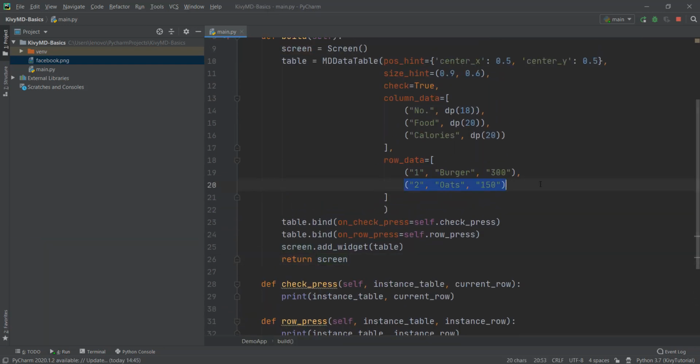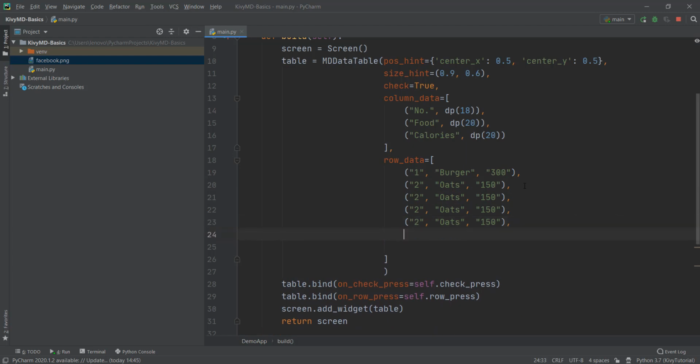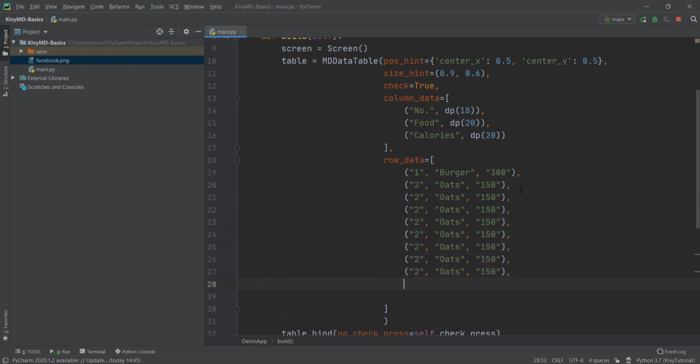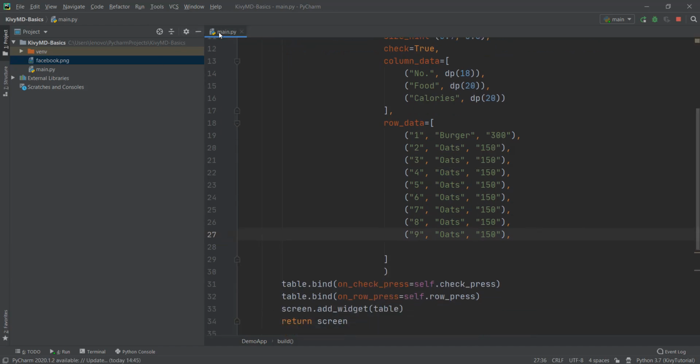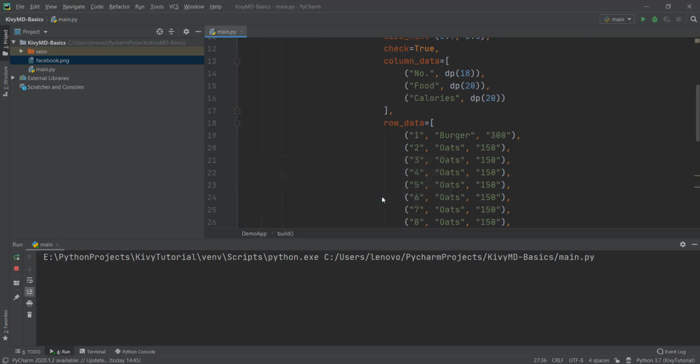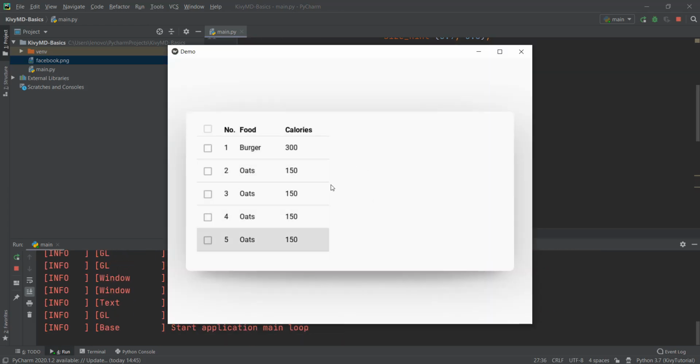So let's copy this, and what we're gonna do is I'm just gonna add a comma over here, so that we can just copy and paste this again and again. So let's add a lot of rows. So I'm just gonna copy and paste this over here. So now we have added 1, 2, 3, 4, 5, 6, 7, 8 and 9 rows over here. So we have added 9 rows, and now let's reload our main.py program, and you'll be able to see that multiple rows have come over here, but you can see that there are only 5 rows, and you can't see more rows over here.